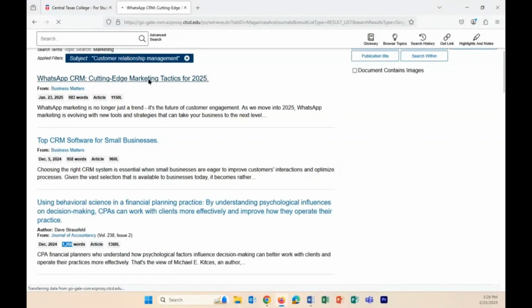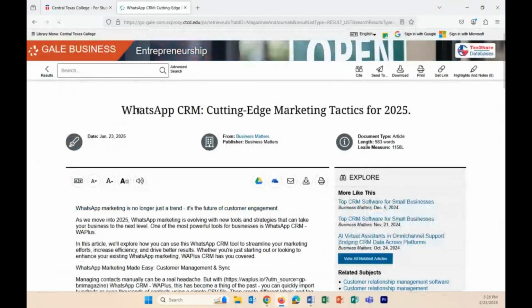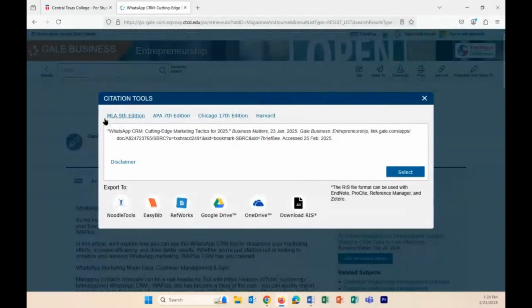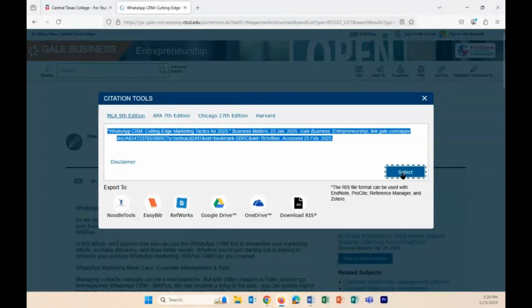So the way to go and see what these look like, this Business Matters article, this gives you the title, the date, it's fairly recent. You can come up here and get the source citation very easily. Just click on that. It defaults to MLA, and then all you have to do is select it and then